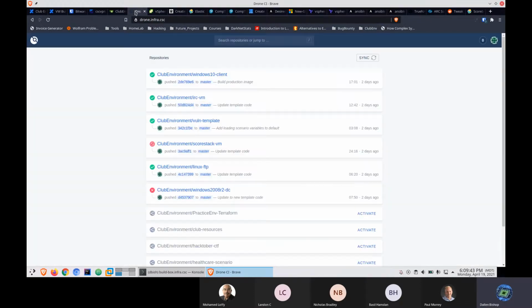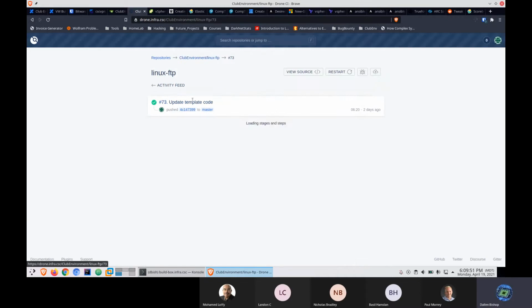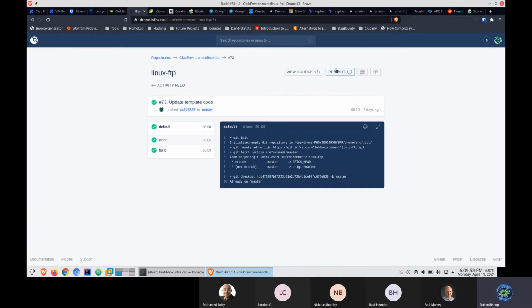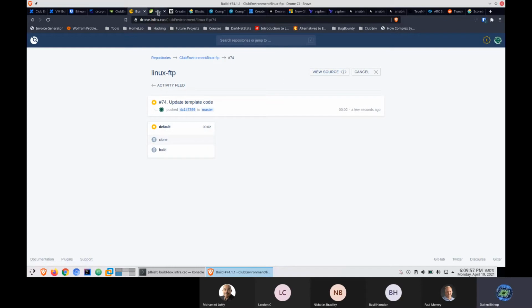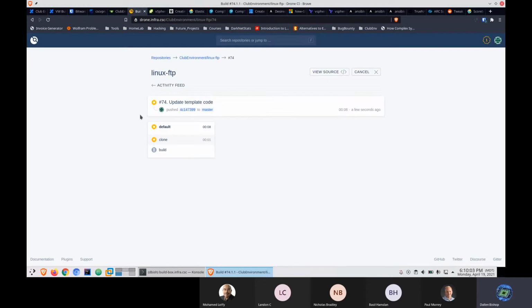So an example would be our Linux FTP VM. So if I wanted to rebuild this VM right now, we could see in vSphere, probably in like 20 seconds,